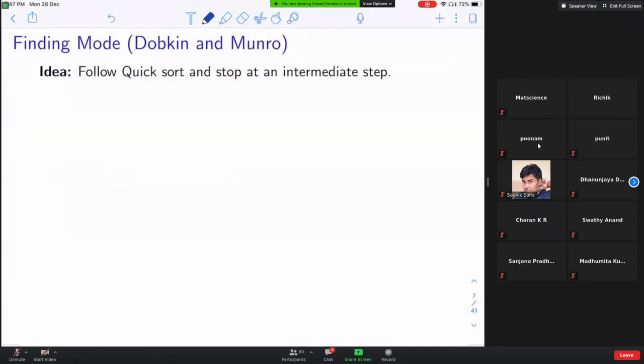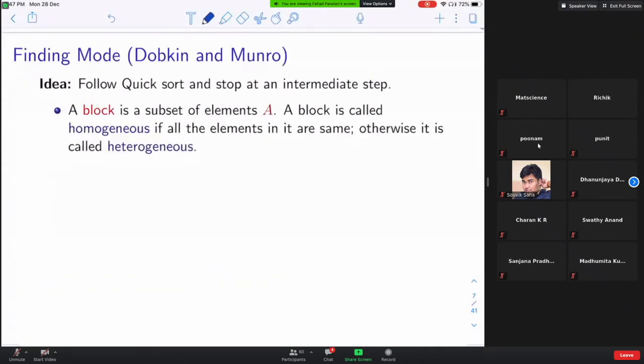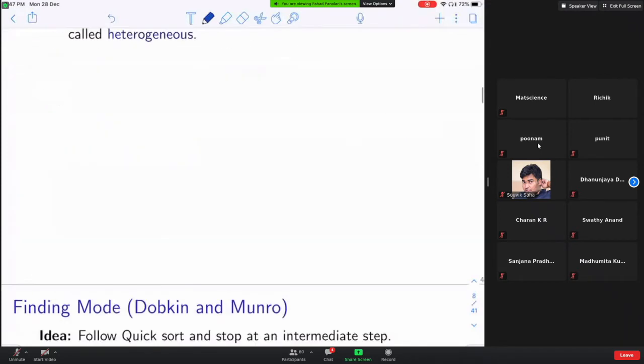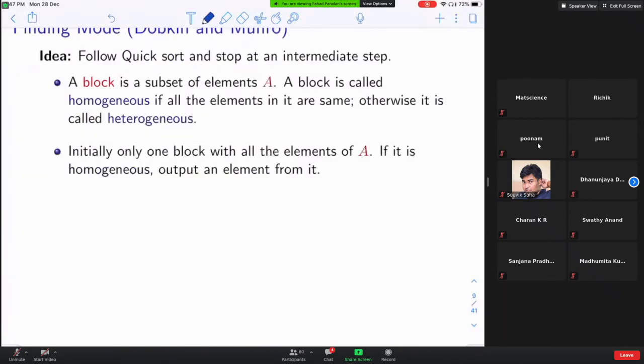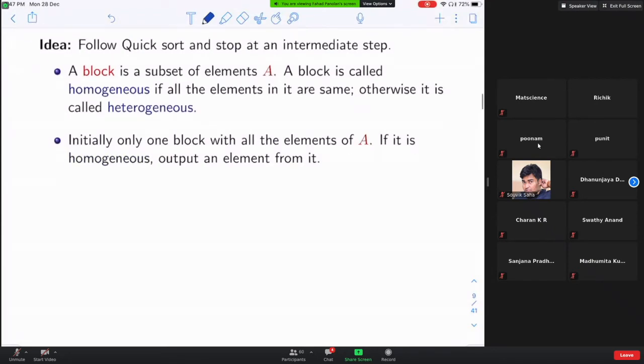Okay. Now let's see the algorithm. A subset of A. And a block is called homogeneous if a block is safe. And otherwise it is called heterogeneous. And then what we do is, initially we will have one block which is A. If it is homogeneous, which means that all the elements in the array A are same, then you just output that element. Otherwise, what you do is,